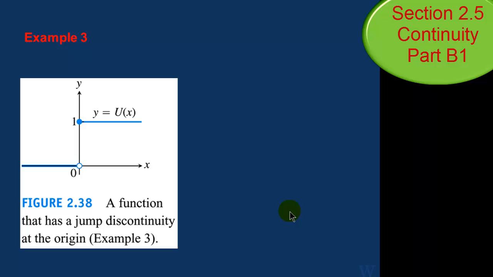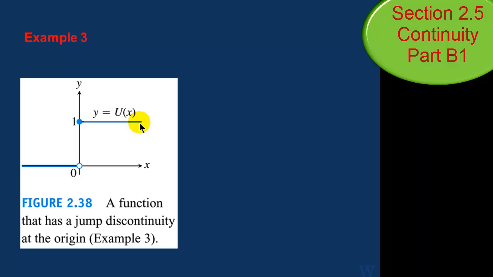Now, what about this function? Example 3. This is called the unit step function. And what is going on here? Let's see whether this function has continuity throughout. But just by looking at it, if I were to trace this curve or the straight line, it jumped right